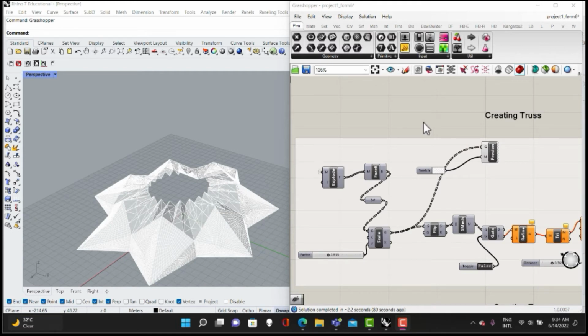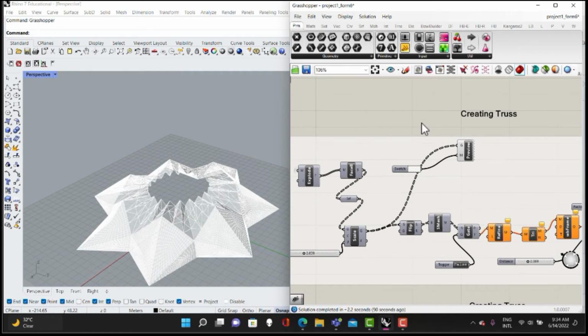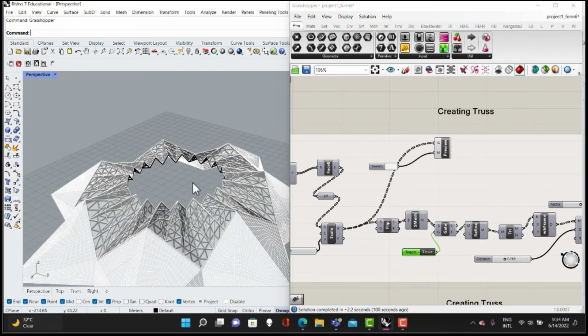For the interior of the building, I wanted to generate a truss the same way it could be generated using a physics simulation, but without actually using the Kangaroo bouncy solver. And I was able to do this by using a simple mesh and a stream gate battery. Once the stream gate battery toggle is turned to true, this is how you can see that the truss has